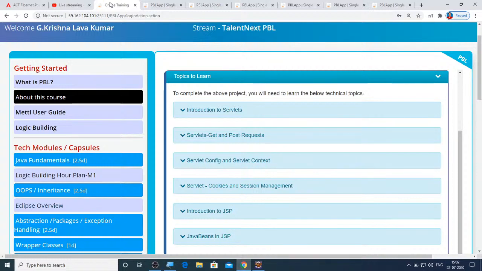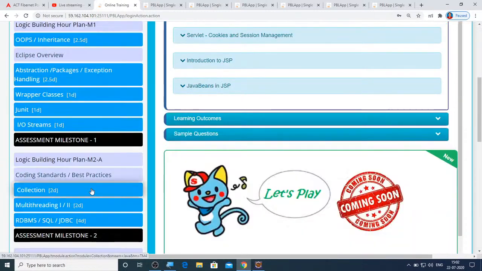So tomorrow, in the middle of my training session or at the end, I'll think about when to conduct it. I'll be conducting a mock test on this milestone 2. So I would like to ask you to go through these collections, multi-threading, RDBMS, SQL, JDBC concepts, because from these topics you have to perform this assessment milestone 2. So once go through these topics for tomorrow's mock test,